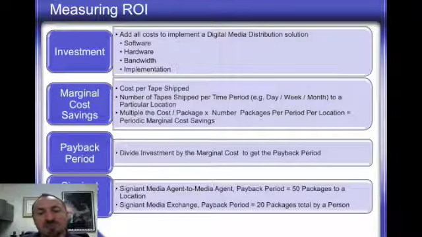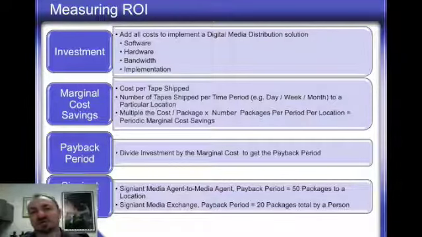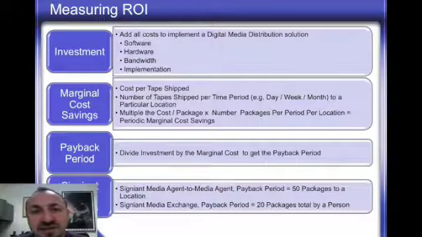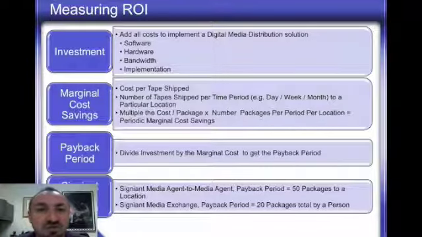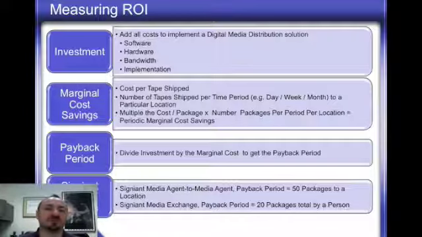And then on our Media Exchange, which is our web-based product, it really is tied to people, the number of packages people have to receive or send. If you look at a person, it's about 20 packages by a person. So if you've got someone on the creative side, or my job is to send packages in from the field or news, and that person is doing 20 packages a month, that's about a 1-month payback period for that particular person. We'll get into this a little bit more, but those are the rules of thumb.